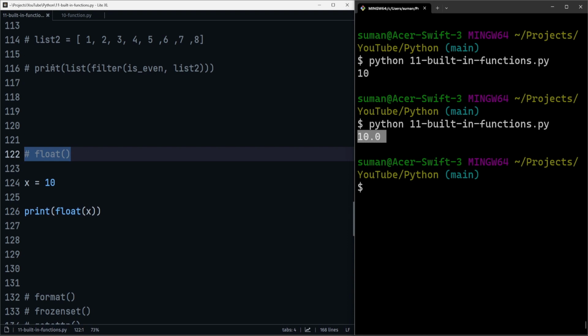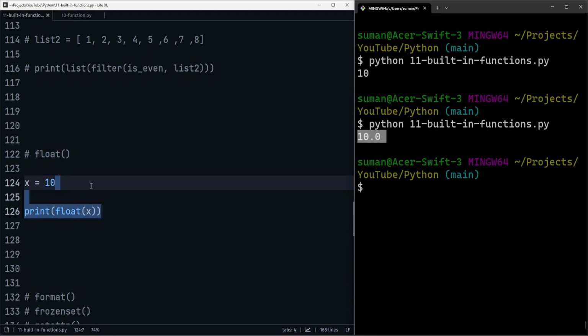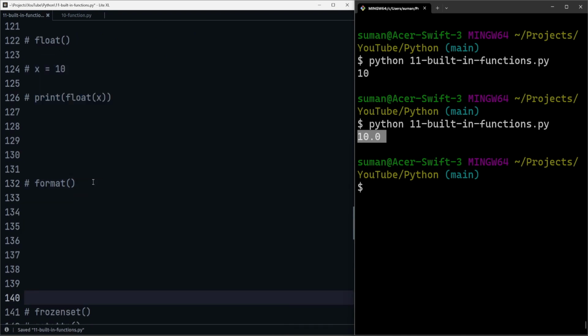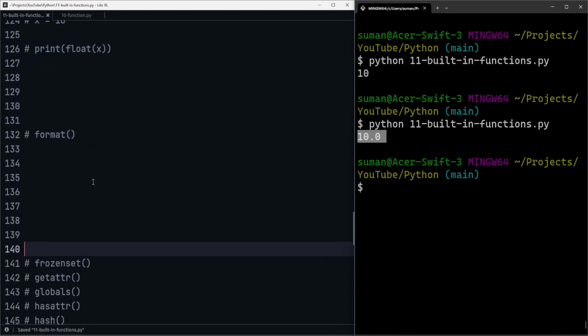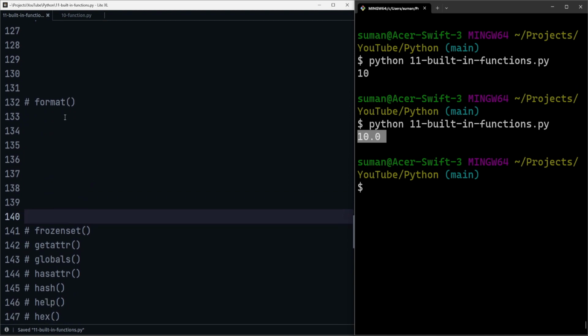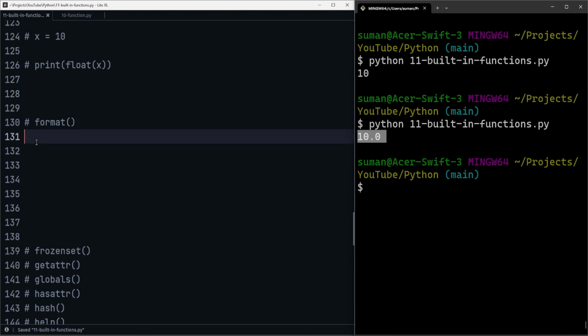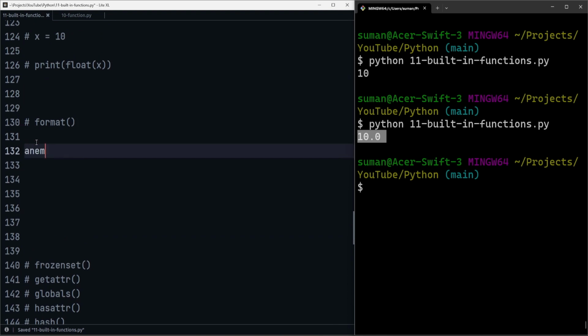Okay, so that is how this works. Then comes format. We have already learned how f-strings work. Similarly to f-strings, there is also something called format for formatting our print statement in a string. How this works is, suppose let's take a name here, name